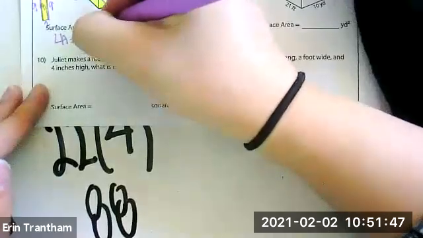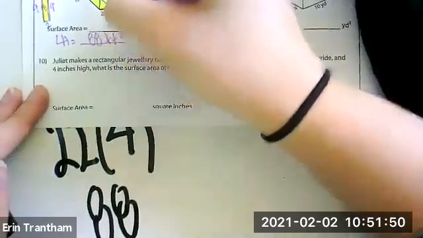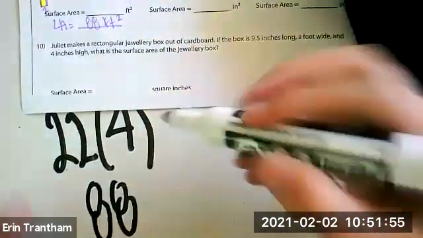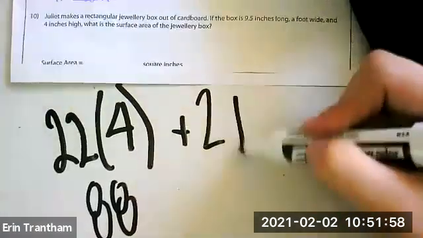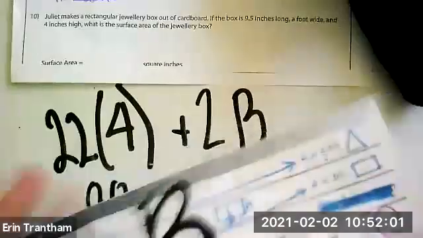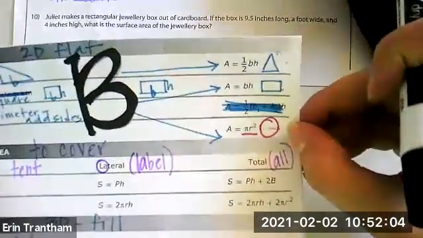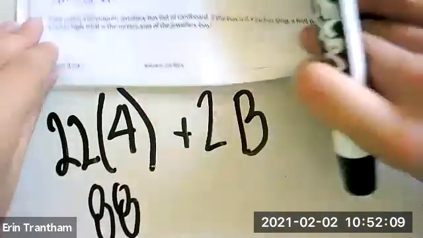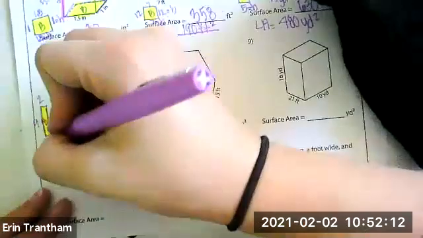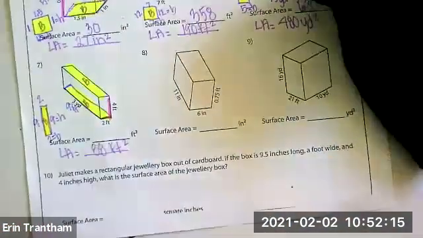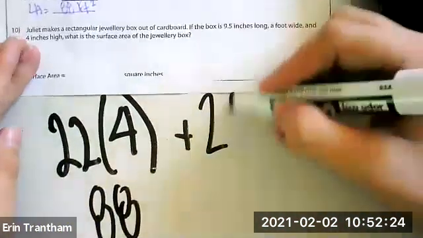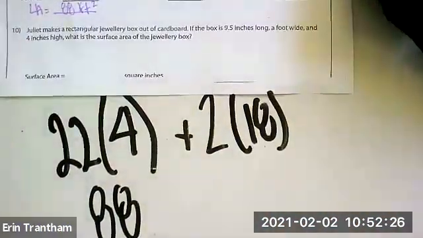Okay, and in order to get the total surface area, what do we need to do? Add 2 big B. Yes. Okay, and big B stands for the area of the base. Is this the shape of my base? Is this the shape of my base? Is this the shape of my base? Okay, so we need to do little b times h. So this is my little b. This is my h. So 2 times 9 is 18. So replace your big B with 18. So 88 plus 2 times 18,